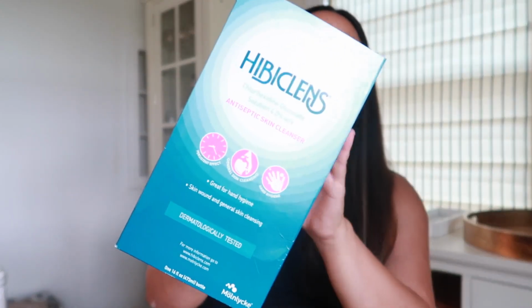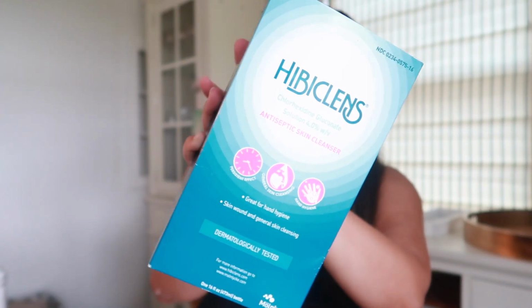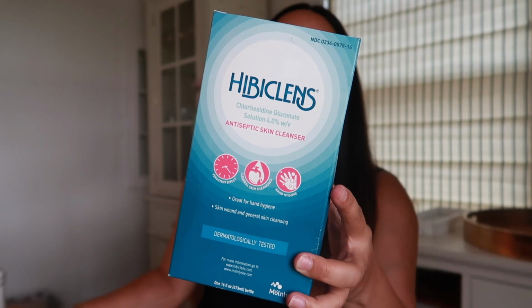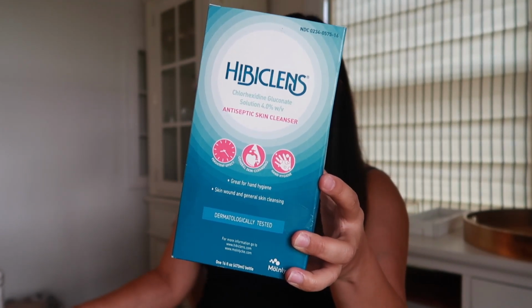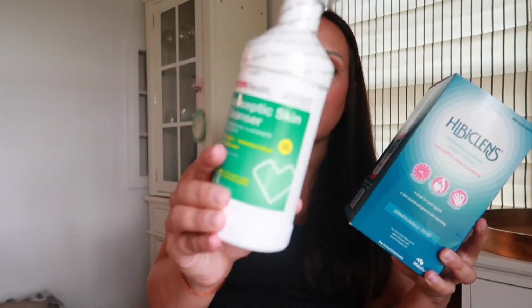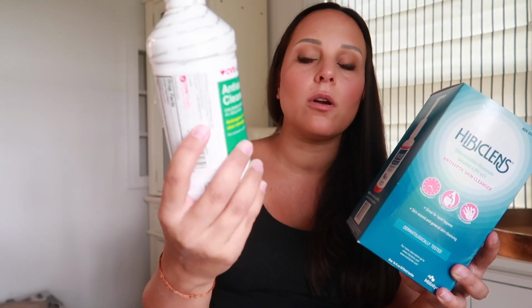This is the brand Hibiclens. The most important thing is that it had this ingredient in it called chlorhexidine gluconate. I am no doctor, obviously, so here's the one that I got. My mom actually ran out to CVS and grabbed these for me. So we have this one, which is one antiseptic skin cleanser, and then this is the CVS Health brand. Same exact thing, antiseptic skin cleanser with that chlorhexidine gluconate